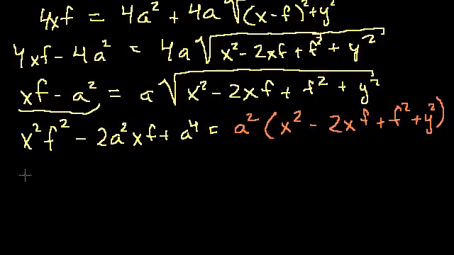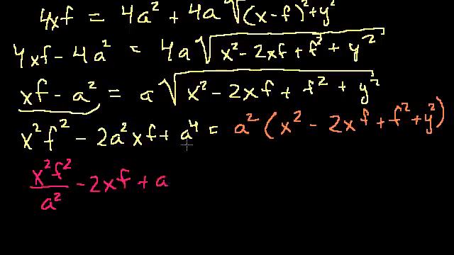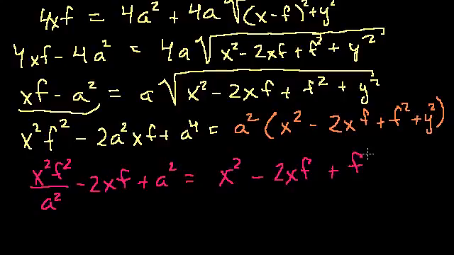And then you get x squared, I'm really just trying to simplify this as much as possible, over a squared minus, so the a squareds cancel out, minus 2xf plus a to the fourth divided by a squared. Well, that's just a squared. So a squared is equal to x squared minus 2xf plus f squared